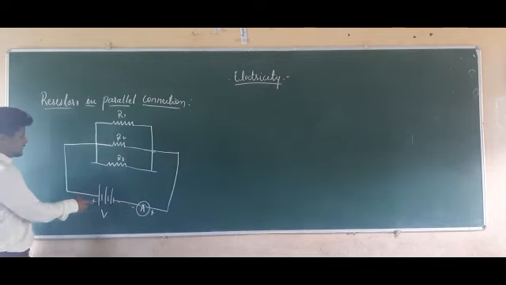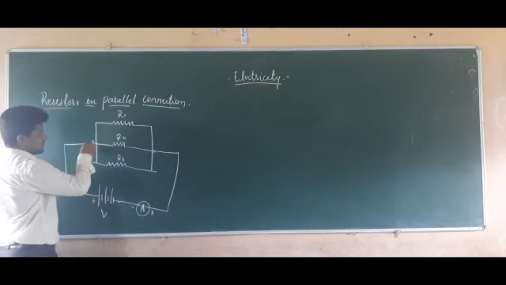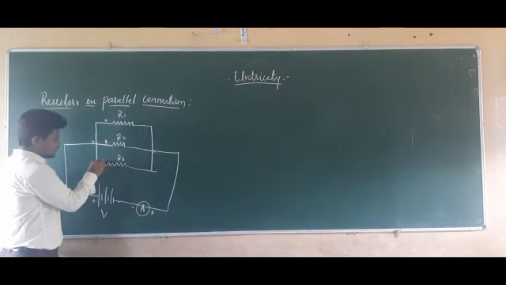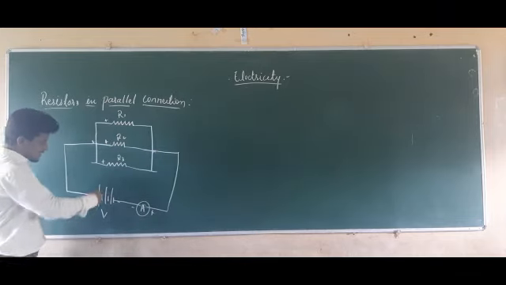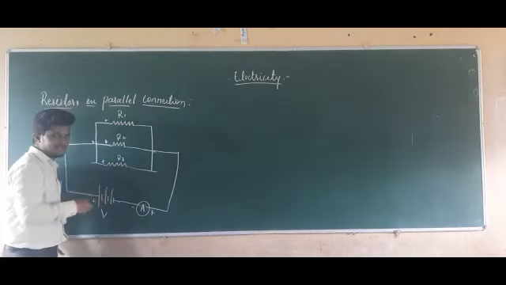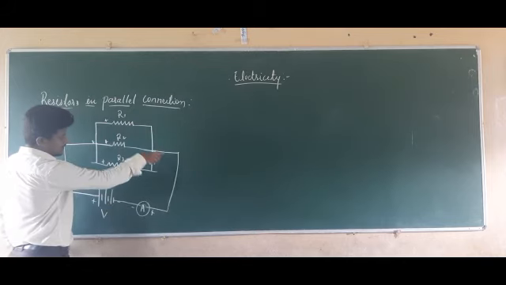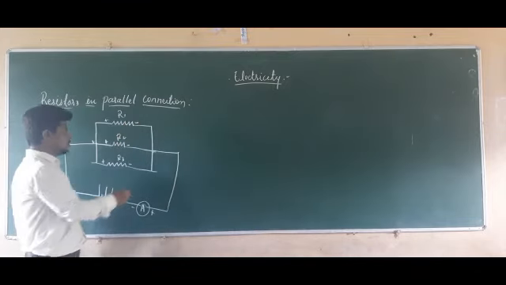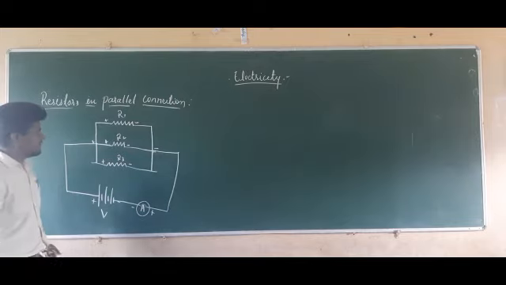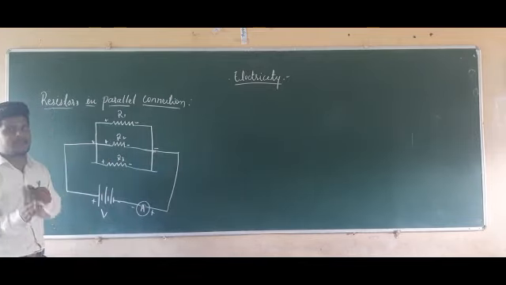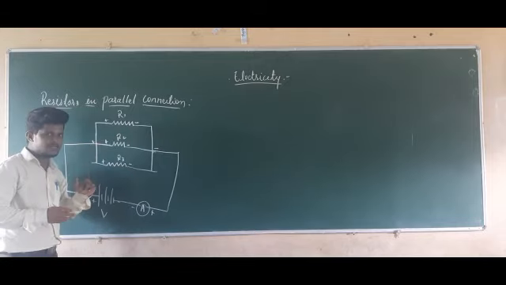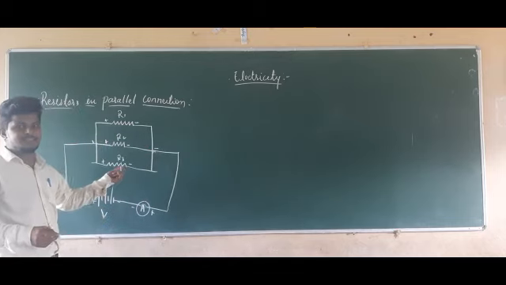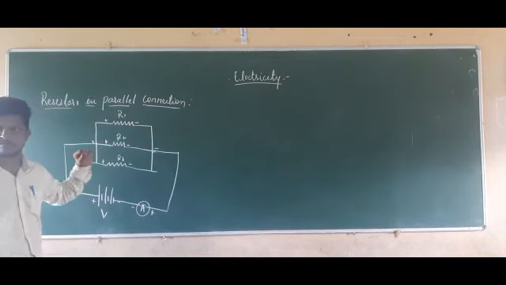Now check this terminal which is connected here. It is the plus, so this will also be plus, which is connected to the positive. This point is also connected to the positive, therefore it is also plus. It is also connected to the positive terminal, so it is also going to be plus. In the same manner, on the left hand side, this end is connected to the minus terminal here. This end is also connected to the minus terminal here. This end is also connected to the minus terminal. If you see here, one end of each resistor is connected to a single point. In the same manner, the other ends are also connected to a single point. Because of that, it is known as parallel connection.